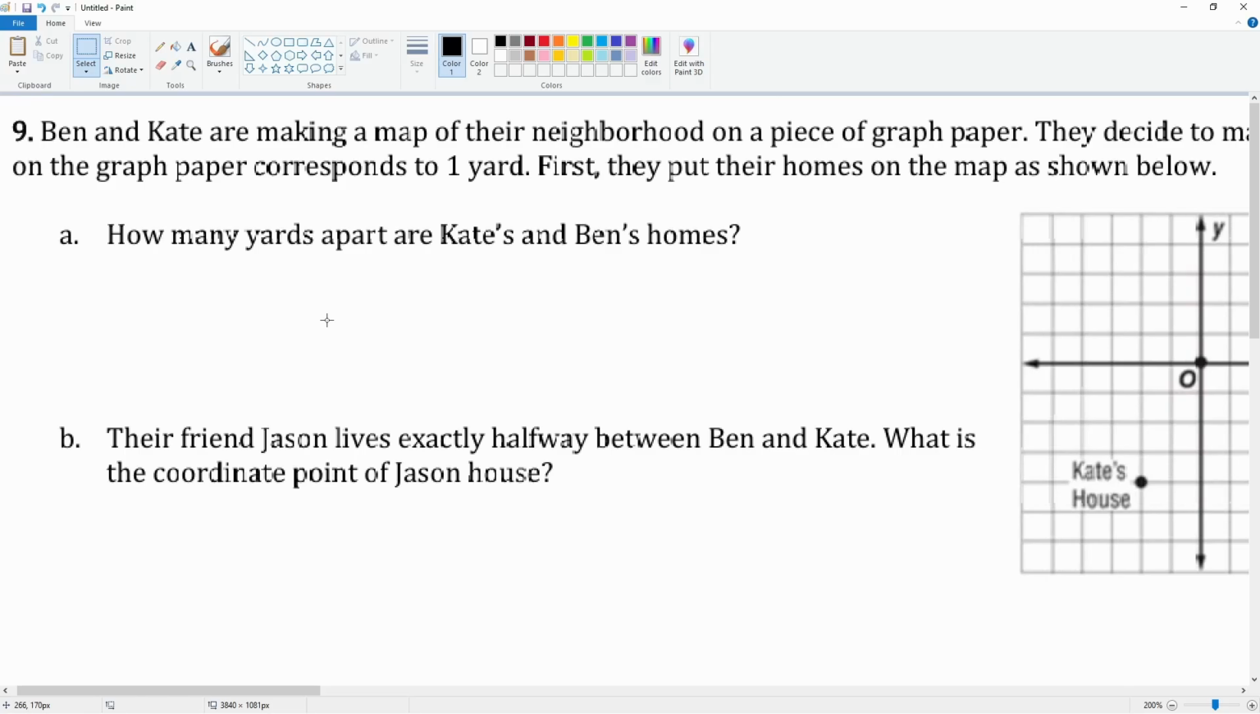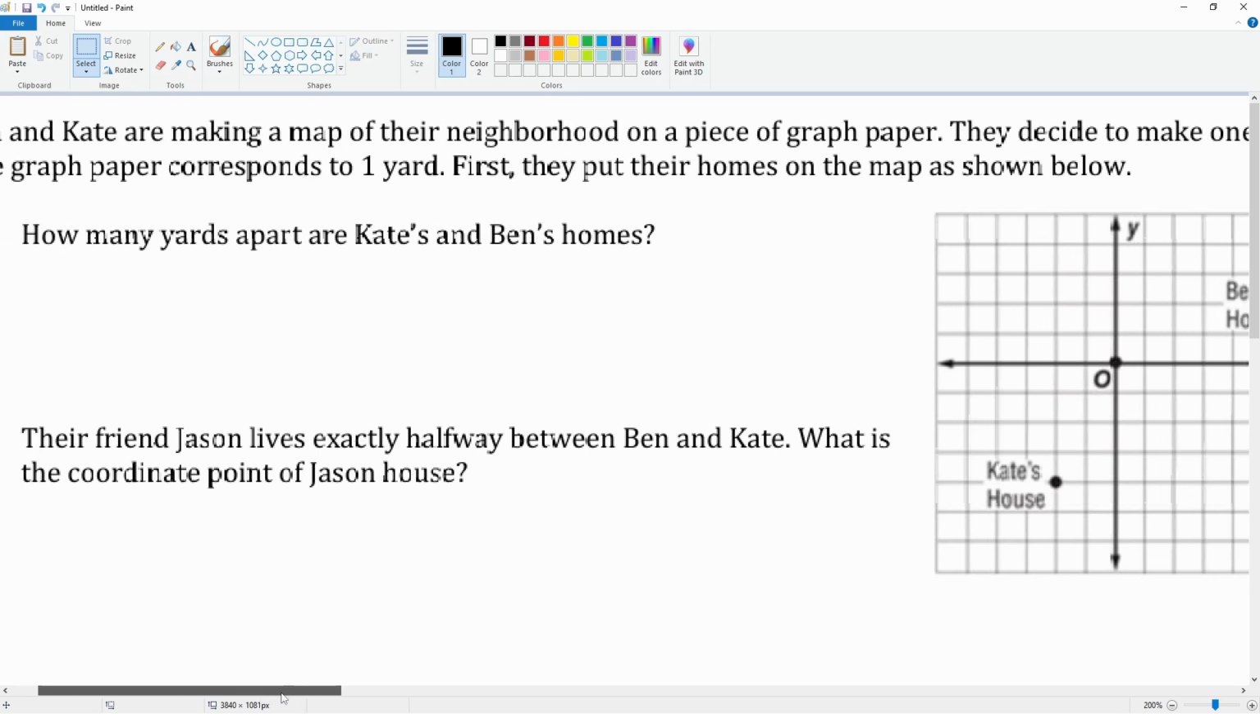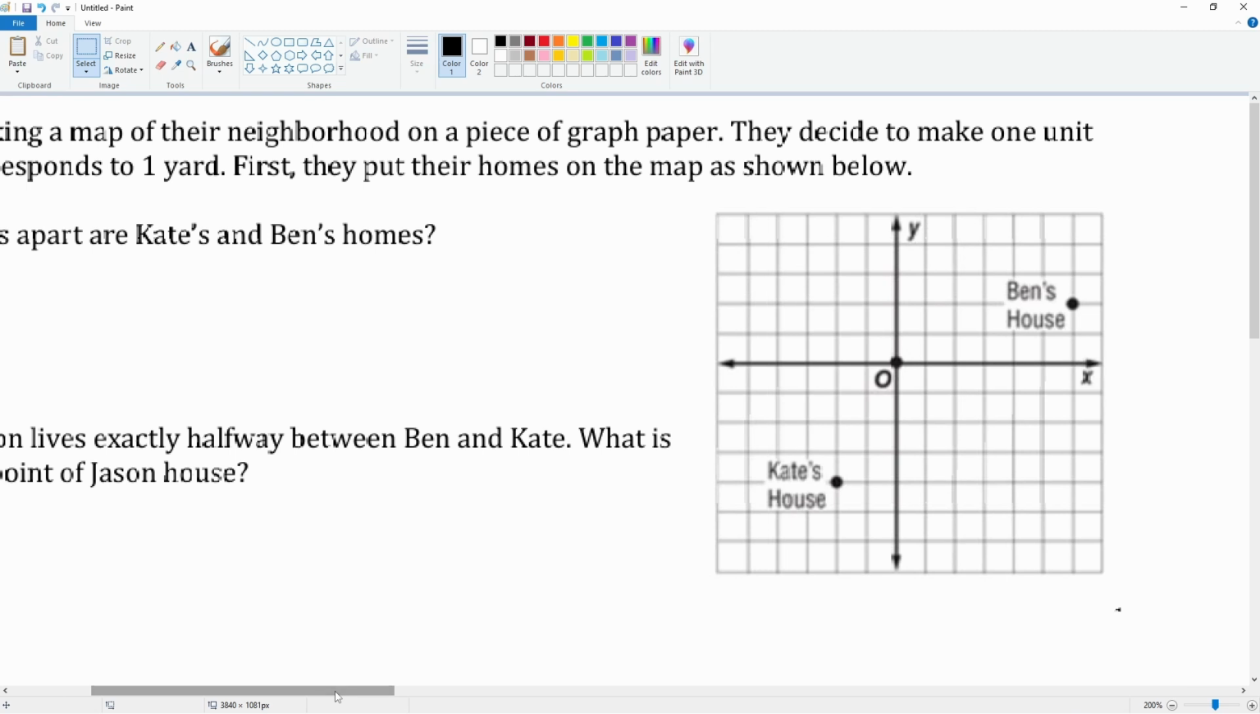All right, here we have question 9. This is a map between two people. We have Kate's house and Ben's house. How many yards apart is Kate's house to Ben's house? The fact that we see this visually between them, it is a linear line like this from Kate's house to